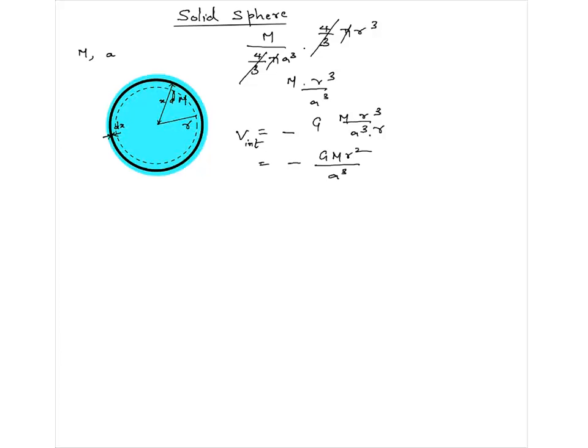Outside fellows. So we can visualize several concentric spherical shells outside. If the mass of this fellow is dm, which is at distance x, where x is necessarily more than r, or limiting case equal to r,